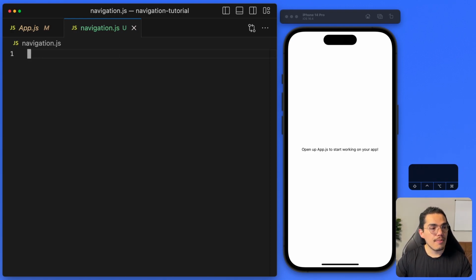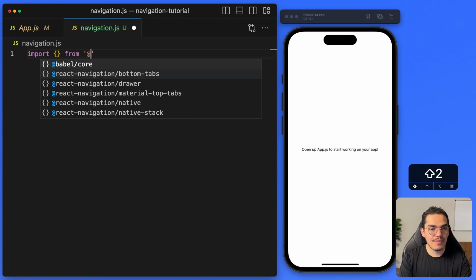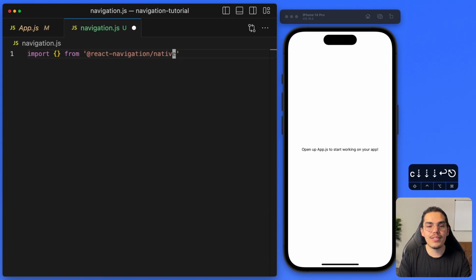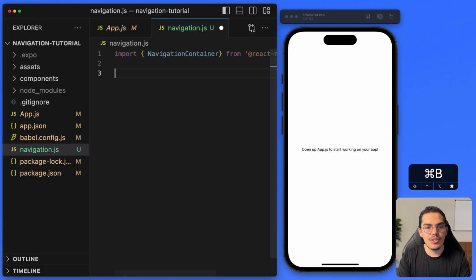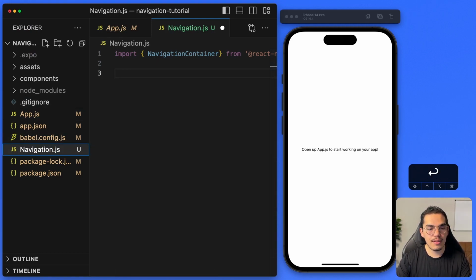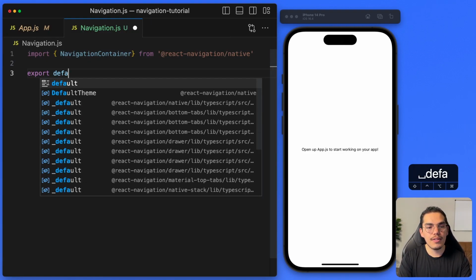And let's actually start by creating some navigation, right? So the first thing that we need to do is just import from React Navigation a navigation container. So I'm going to say from React Navigation Native, which is the main package from navigation, we want to import a navigation container. Okay, and that's it for now. I can just return this component. So let's name this component navigation, and actually I'm going to change this to be capital Navigation like this. And now we can export the full function,